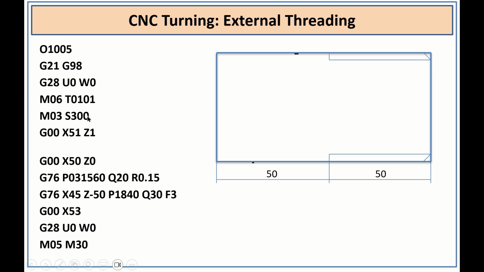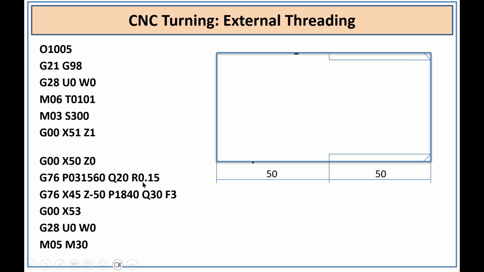So now the initial cycle we will write as usual, and before we start, from where we need to start the threading, that number we need to mention, that is X50 and Z0. Then G76 P03, I mentioned, that means the finishing cycle I need to perform 3 times, and 15 is the pull out angle, and 60 is the thread angle, and Q is the depth of cut. It is 20 microns, that means 0.02 mm, and R is the allowance that I am mentioning